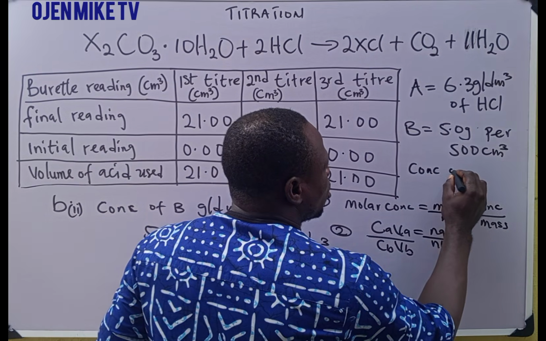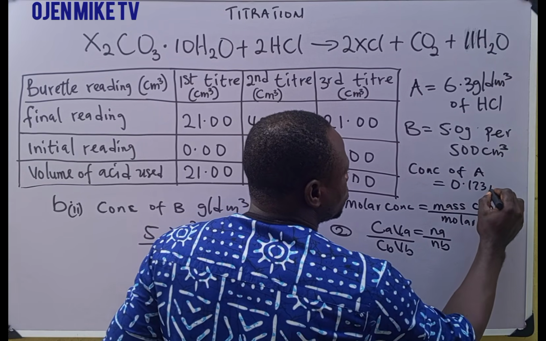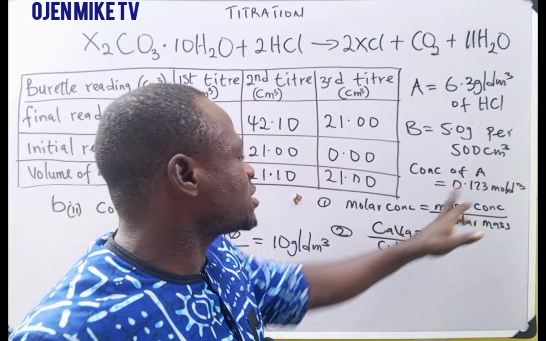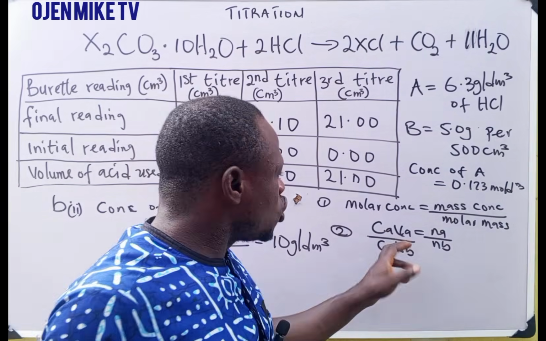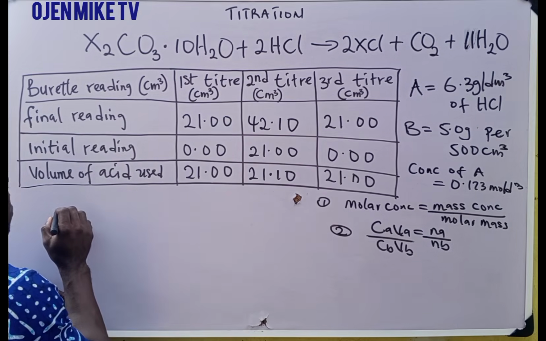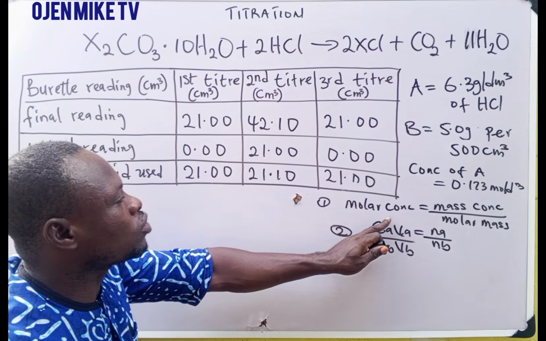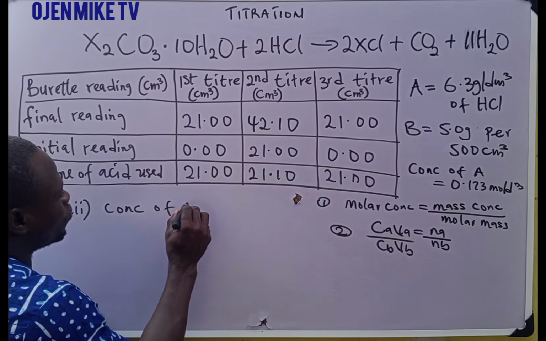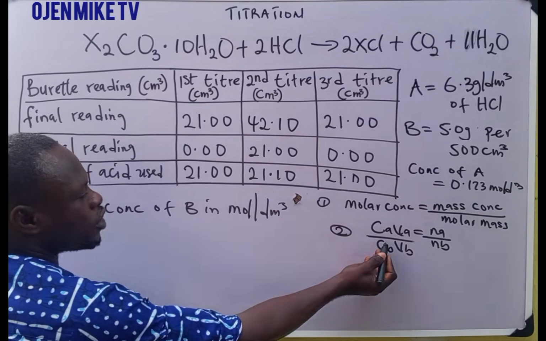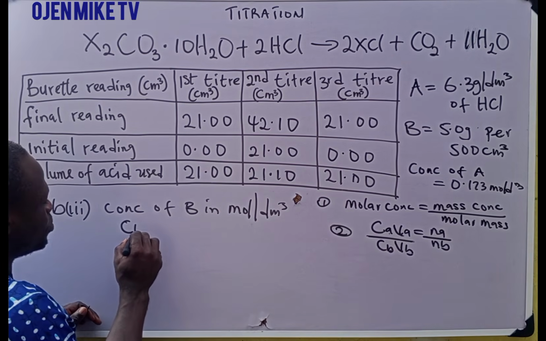C of A is equal to 0.173 moles per dm cube. So we have gotten our concentration of acid. We are now going to look at the concentration of base using this formula because one of the concentrations we have already. Now to establish that, we say B, concentration of B in mole per dm cube. So using this formula, we are going to make CB the subject of the formula. So CB now will be equal to